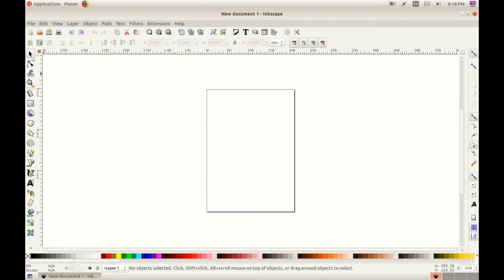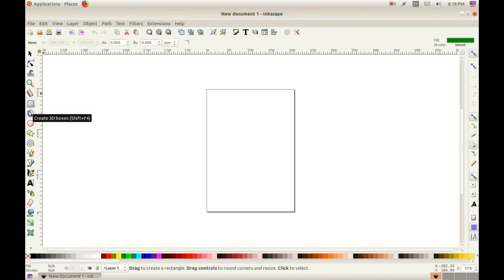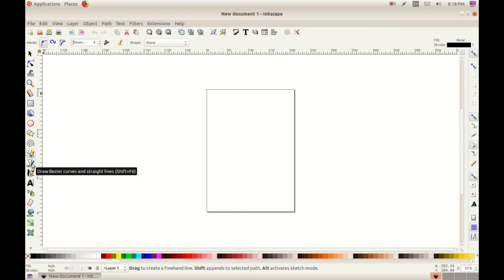On the left side you can see the toolbar. See the moving mouse pointer. This is the toolbar. When I click on a tool, see what change is coming on the top in the tools control bar. The tools control bar changes according to the tool selected.